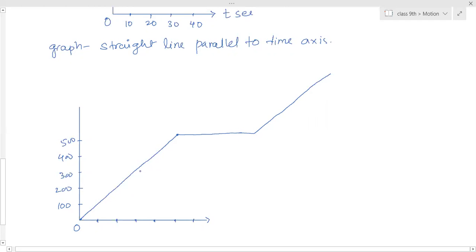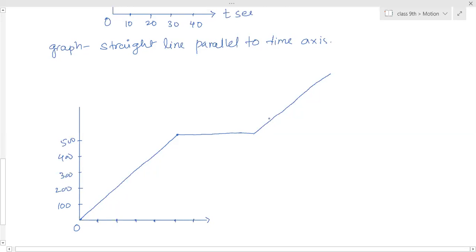By seeing this graph, what you have seen here is an inclined graph. That means your distance covered keeps on increasing with time. When you reach the school, there is no motion, so the distance is not changing. Time is going on, but the distance covered is not changing. And after that, when the school gets over, you are coming back to the house. So again the distance covered by you will keep on increasing. If you are moving with a uniform motion, then again the graph is inclined to the time axis. Like this, you will get the graph.